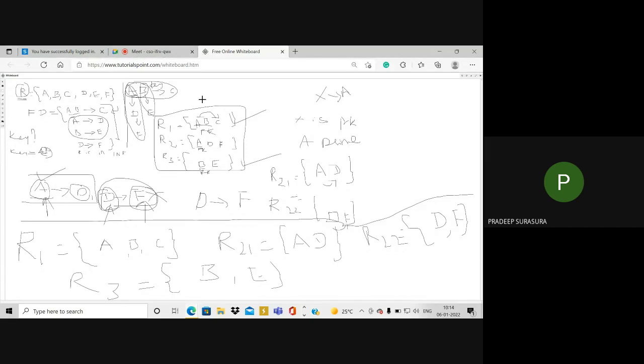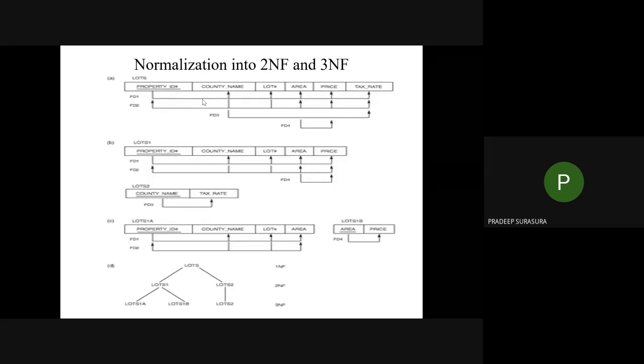Understood? Any questions? You will get multiple similar problems. I will solve them once I tell you about the examples from 2NF, 3NF and BCNF. Then I'll try to solve one or two problems again, so that you have clarity on all the problem solving. So in this problem, try to understand.